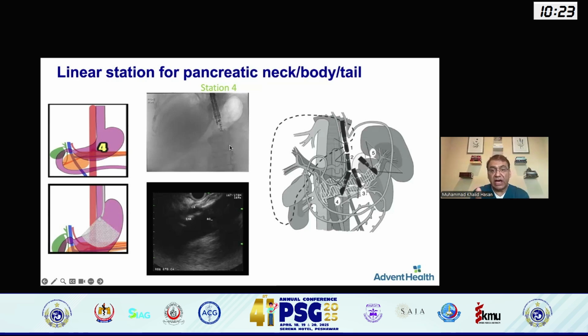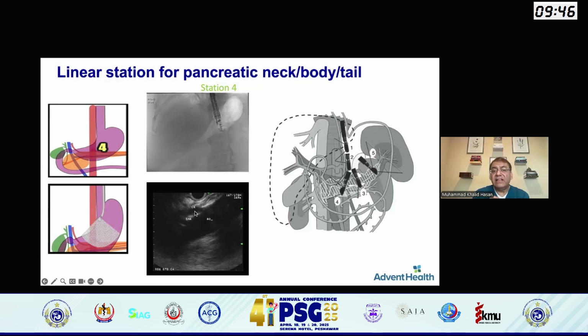In this case, when I am below the GE junction, I usually inflate the stomach. I know air is the enemy of the ultrasound, but I inflate to get an idea about where the distal gastric wall is. So I inflate the stomach, take my transducer to the opposite wall of the stomach, suction all the air out and collapse it, and the big wheel towards me will take me to the left lobe of the liver. Pull the scope back, rotate right and left until I find the aorta. Once I find the aorta, I follow the celiac.